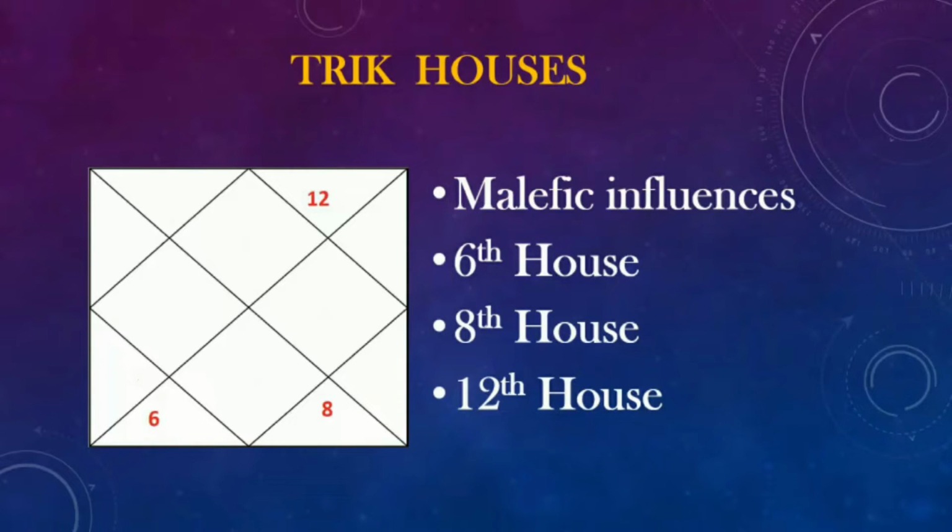Then you need to see the malefic houses, the Trika houses, the 6th, the 8th and the 12th house. And again, you have to see who is the lord of these houses. The lord of the 8th house is a highly malefic planet in this chart, and you need to look for the association of the 6th, 8th and 12th house with the other houses. The placement of the 6th, 8th and 12th lord can give you a clue about your difficulties and misfortunes in this life.